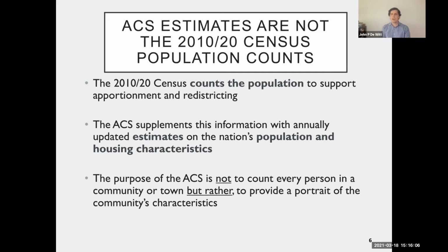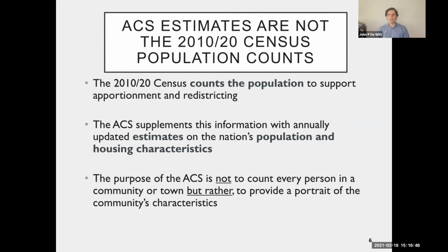As I was alluding to earlier, the decennial census really focuses on counts of the population for purposes of apportionment and redistricting. In a couple of years, we'll see state legislatures and committees form the new boundaries for all of the state and congressional districts. Everything from Congress down to school boards will be redistricted in the next few years based on the results of the decennial census. The American Community Survey, however, supplements the census to provide